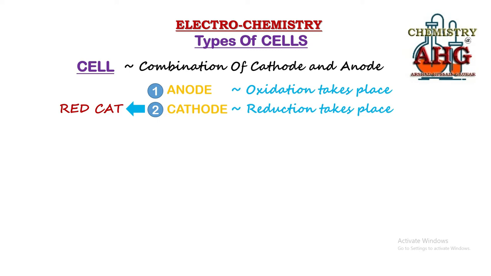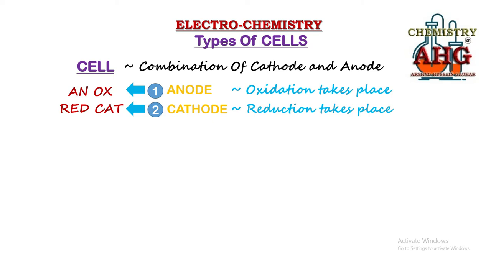But you can also remember the shortcut for anode. It is AN OX. AN for anode, OX for oxidation. So what you must remember, whenever you are asked to give a definition for anode and cathode, you must define them with respect to the process of oxidation and reduction, and you can remember these two shortcuts for these processes.